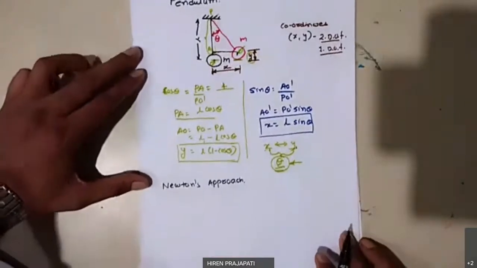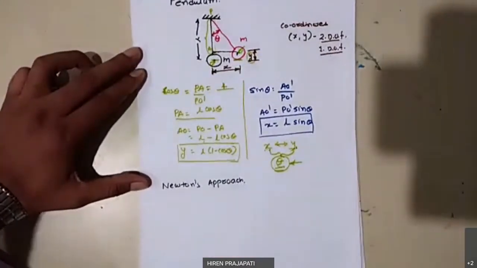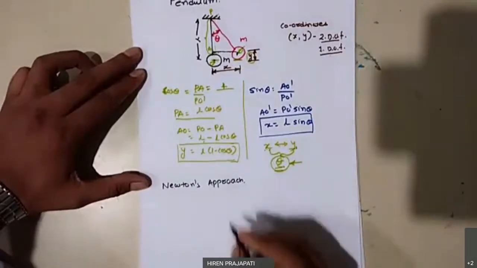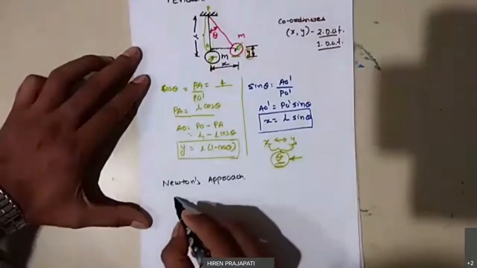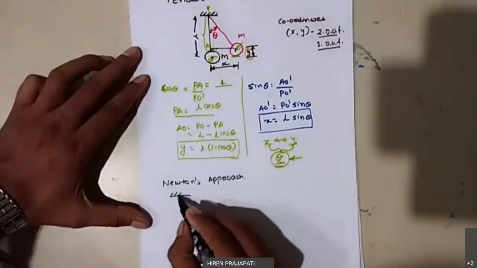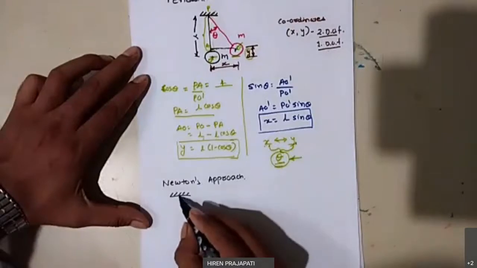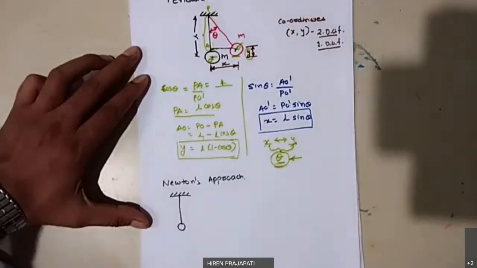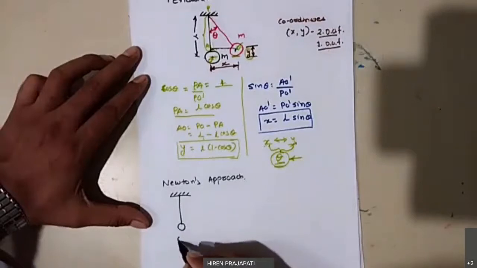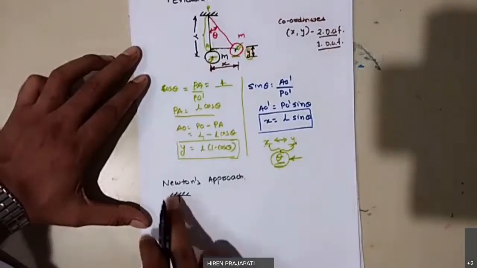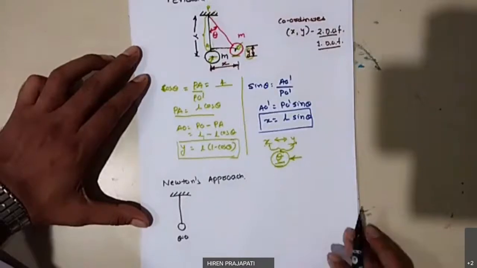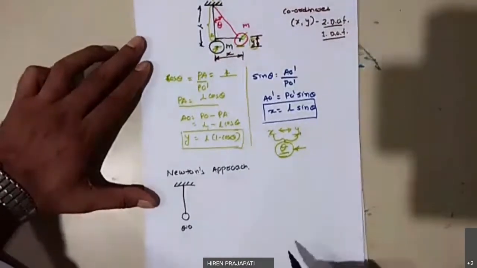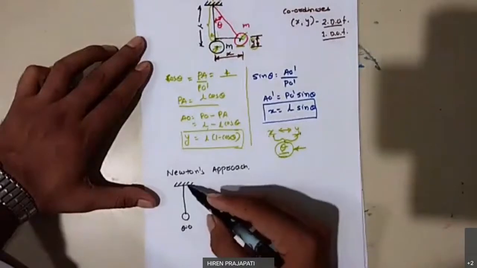Right? So what is Newton's approach? We need to consider the free body diagram. So again I am just drawing the pendulum here one more time. Suppose this is theta equal to 0. No initial displacement is given, so this is called the mean position. Now we are talking about the theta coordinate. So only one coordinate is sufficient. So we are taking the theta coordinate to define the motion of this pendulum.